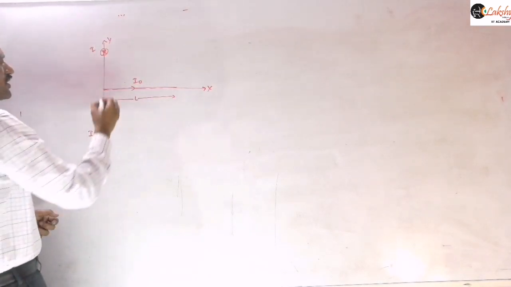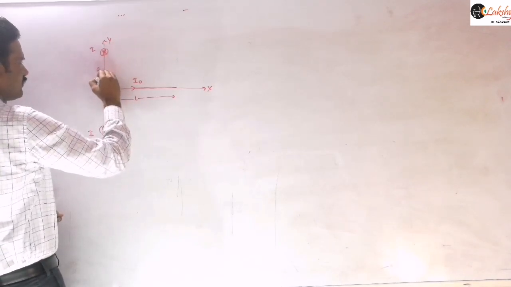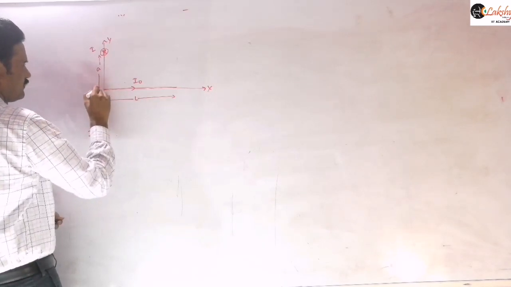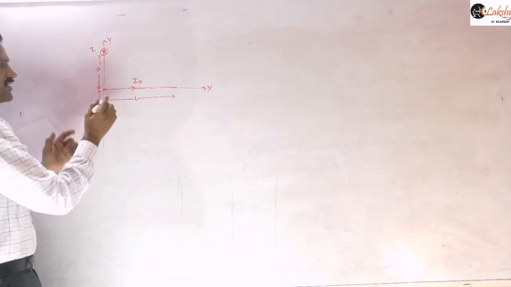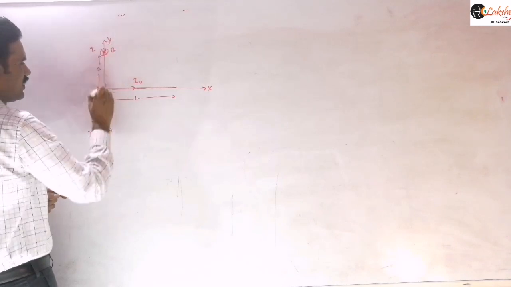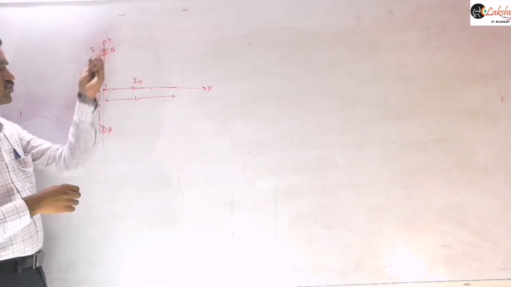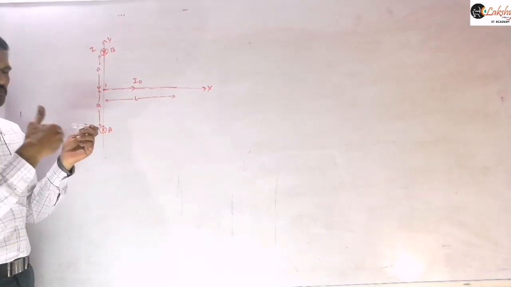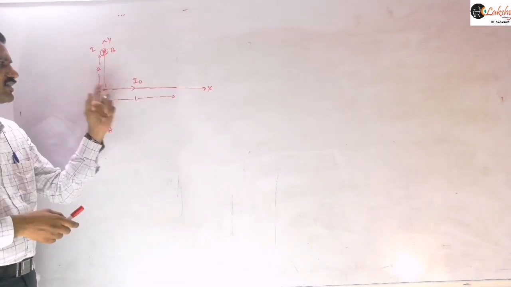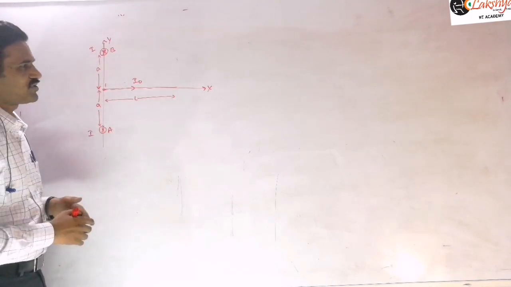So the coordinates of these wires: this distance you may consider as a, and this distance is also a. Is it clear? Now suppose I take this wire as A and this wire as B, and this wire is placed in this plane. Is the position clear? These two wires are placed parallel to the Z axis, and this wire is placed along the X axis, and it is of finite length, up to X equal to L. And so we need to write the force acting on this wire.